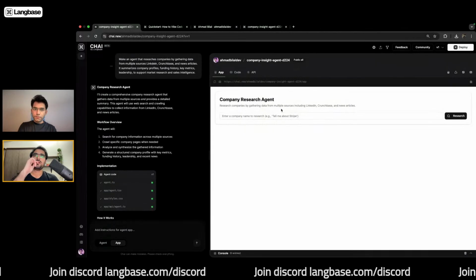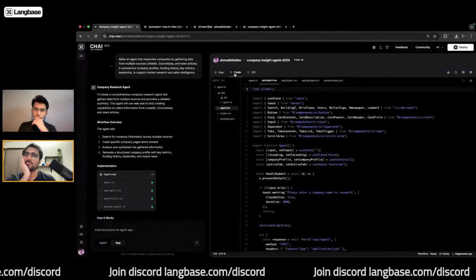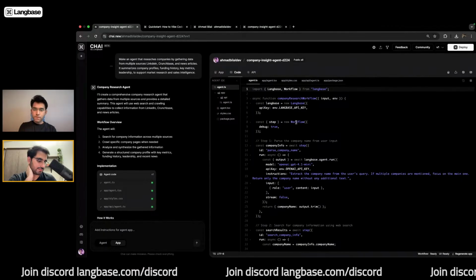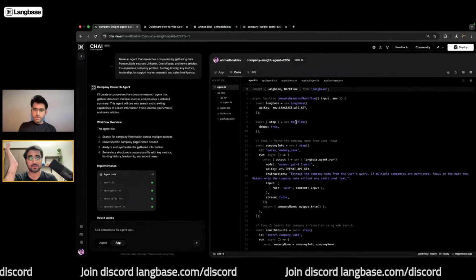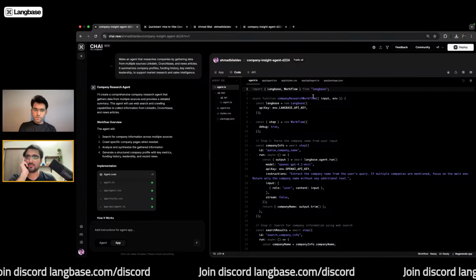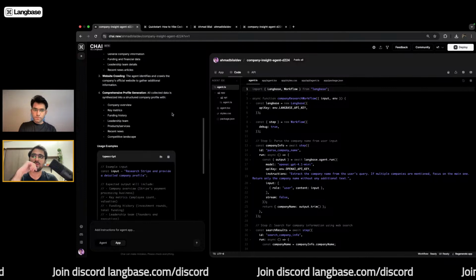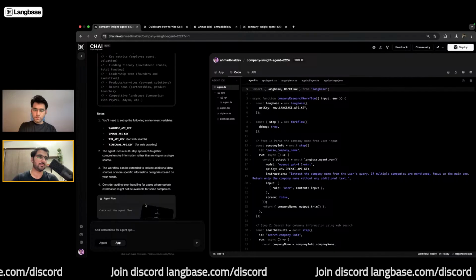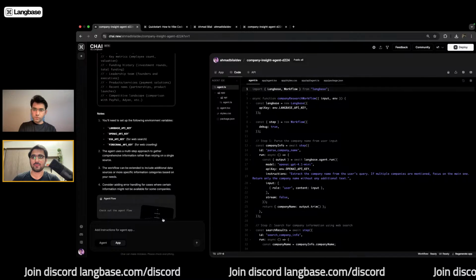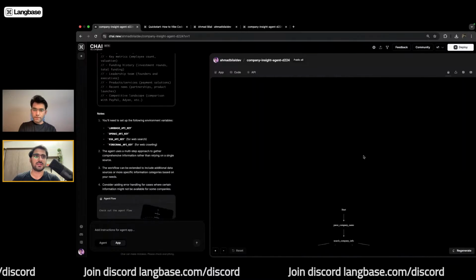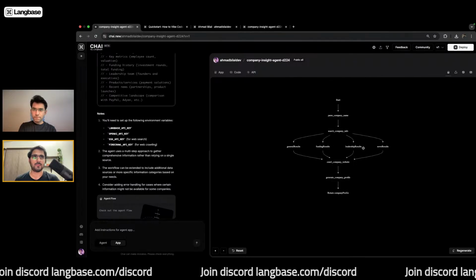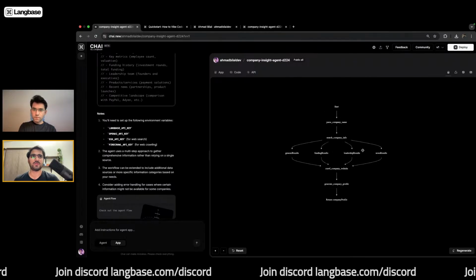Okay, let's do a deep dive and check out the code. Let's see what the agent's logic looks like. Before we do that, I encourage you to start with the agent flow. Chai builds the agent flow, which essentially visualizes how the agent works in a flow diagram.